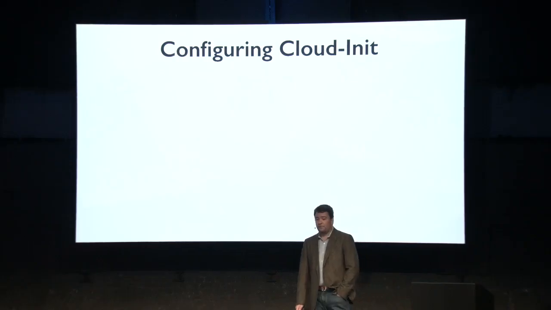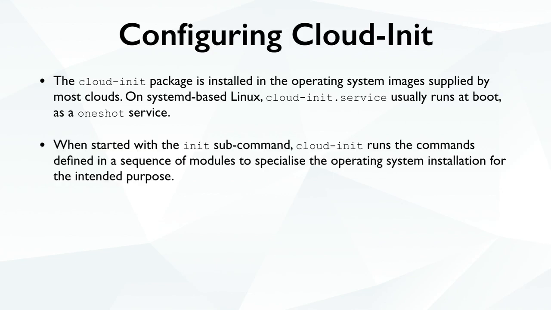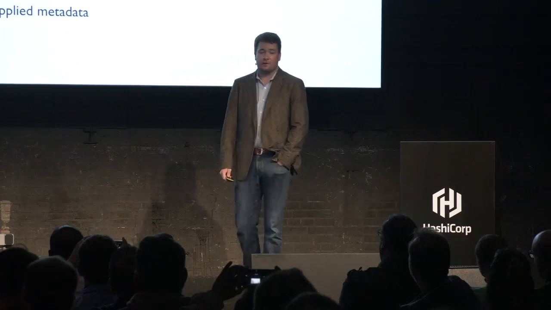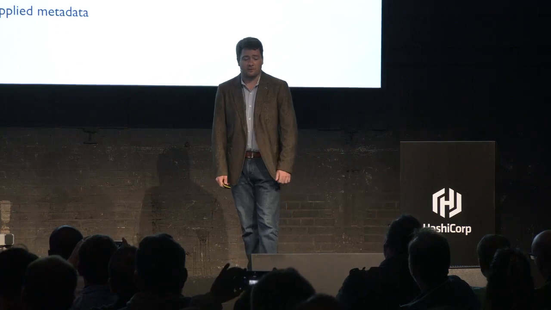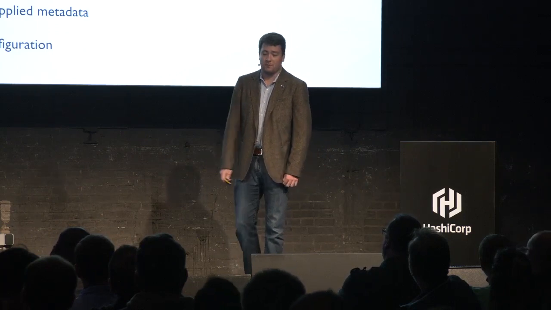So, to configure CloudInit, I just installed it on all of those images that I listed earlier. In systemd-based Linux, it's usually a service that runs on boot before most other things. When it's started with the init subcommand, there are some others as well, it runs a sequence of modules that specialize the machine in different ways. And configuration comes from two places. The provider, the cloud's provisioning plane, supplies a bunch of metadata about the particular machine: its network configuration, its disks, all of that kind of stuff. And then there's also user-supplied configuration, which is what we're going to be talking about mostly today in our